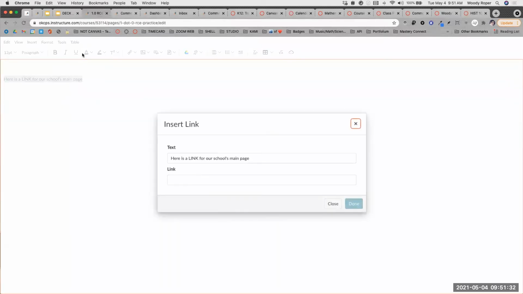And the first option we have is to insert a link right here at the top. Now, it gives you two choices, external and course. We're going to be using both of these today, but I'd like to start with the external links, something that's outside of Canvas, like your main website. So I'm going to go ahead and do external links